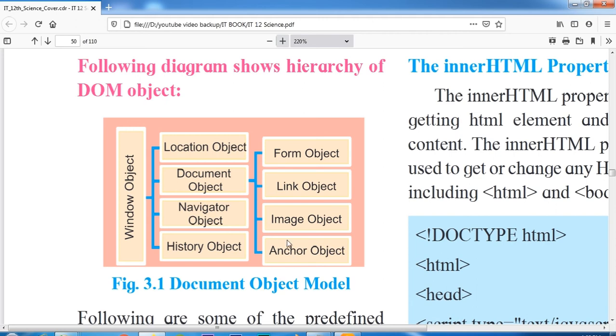Here the links of different pages can be accessed. Image object is a simple image object. Navigator object defines how you can navigate in the program, and gives information about your app or the model of your app. The history object simply gives the history of your object in the program.